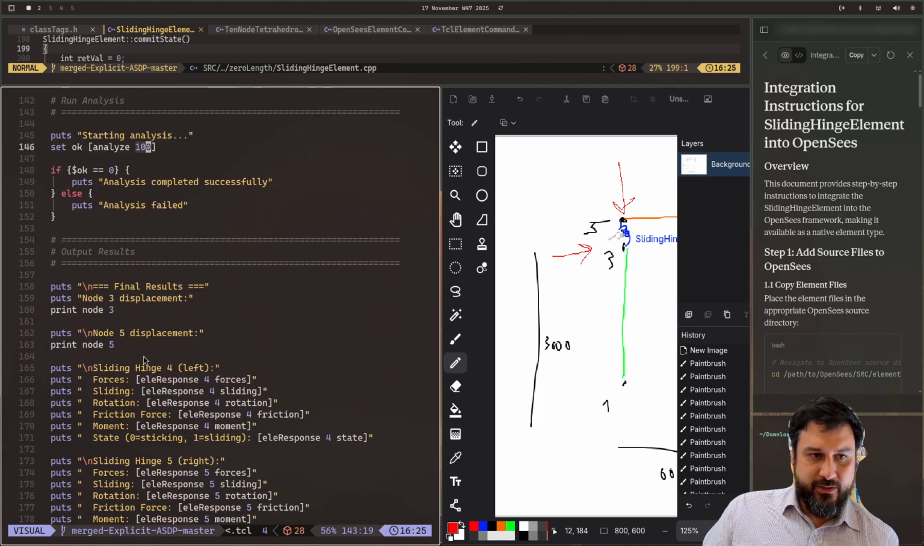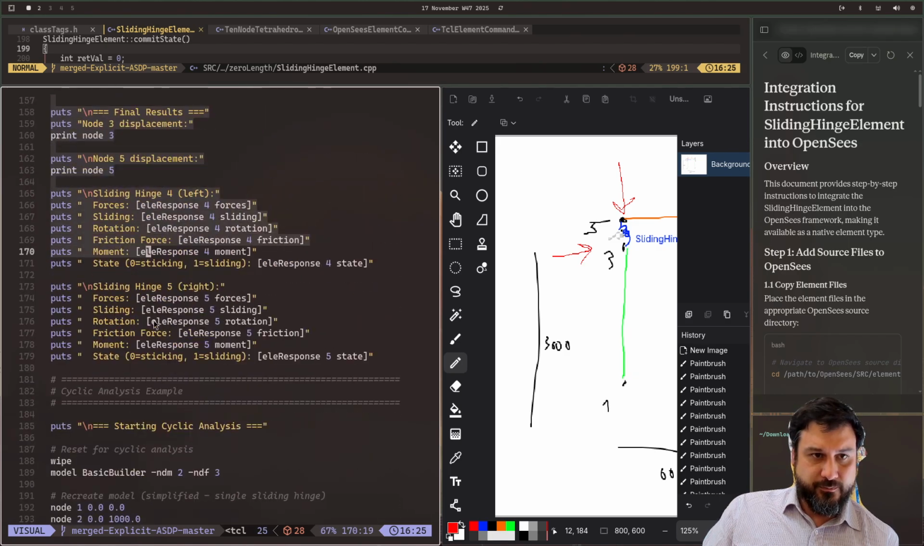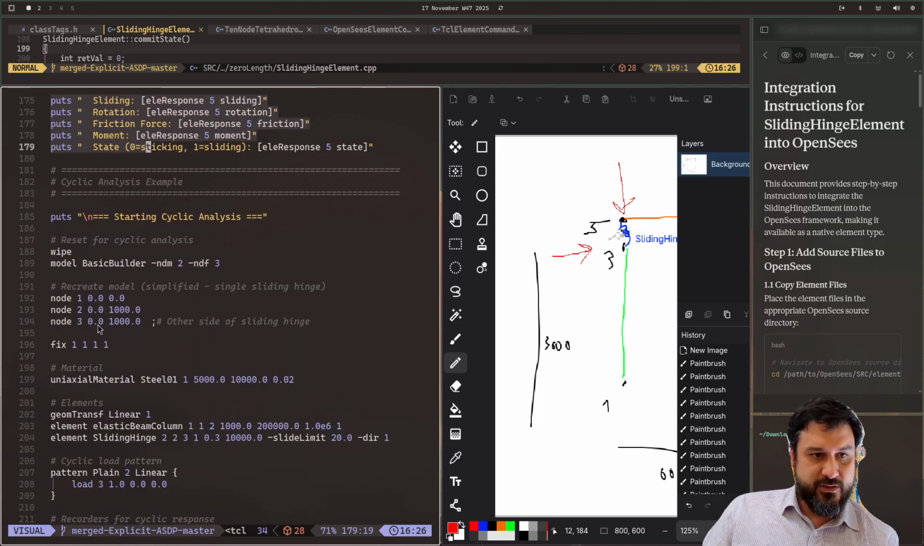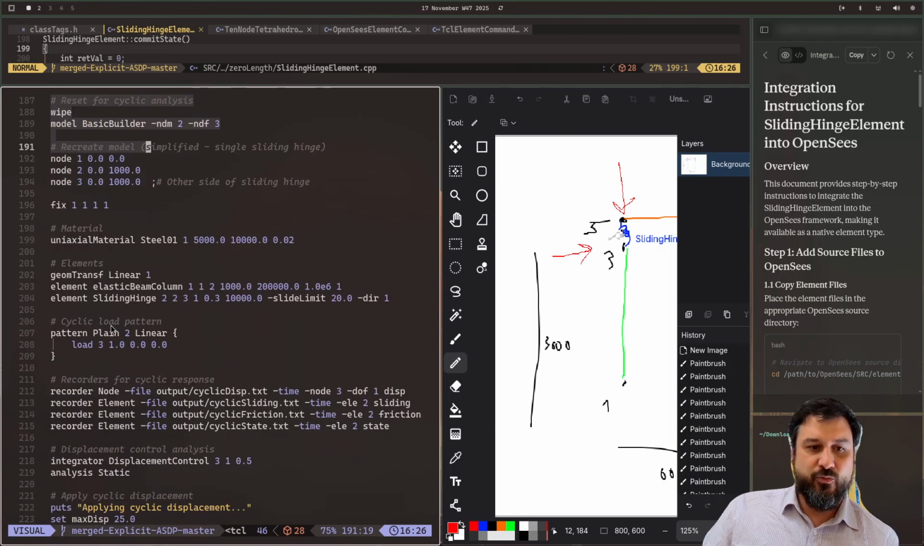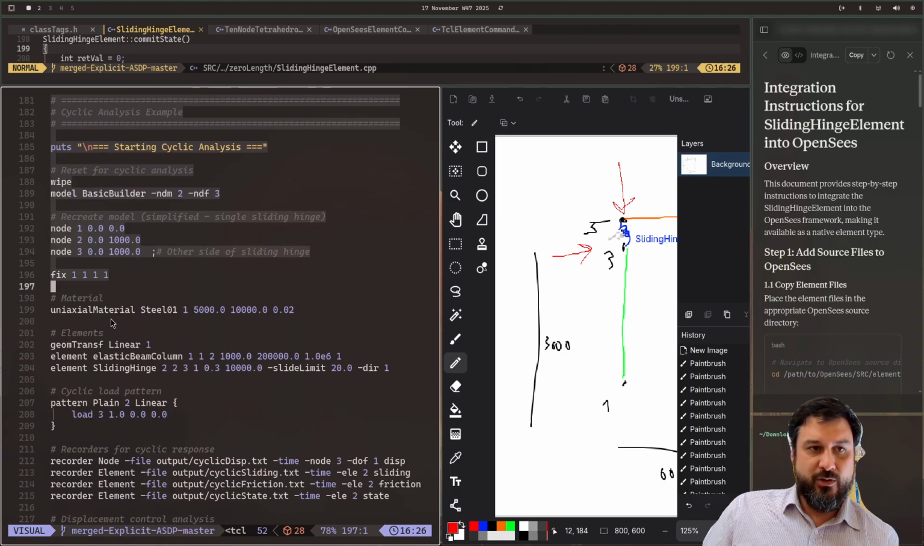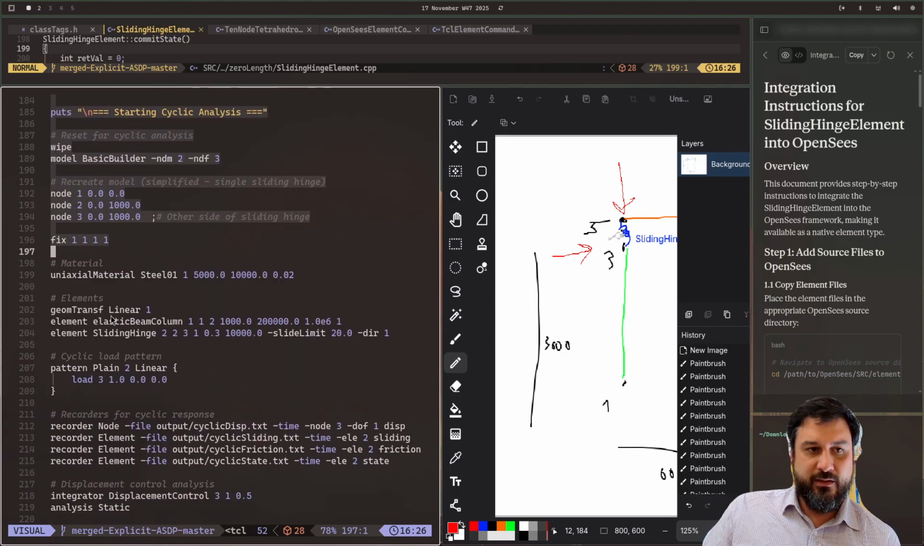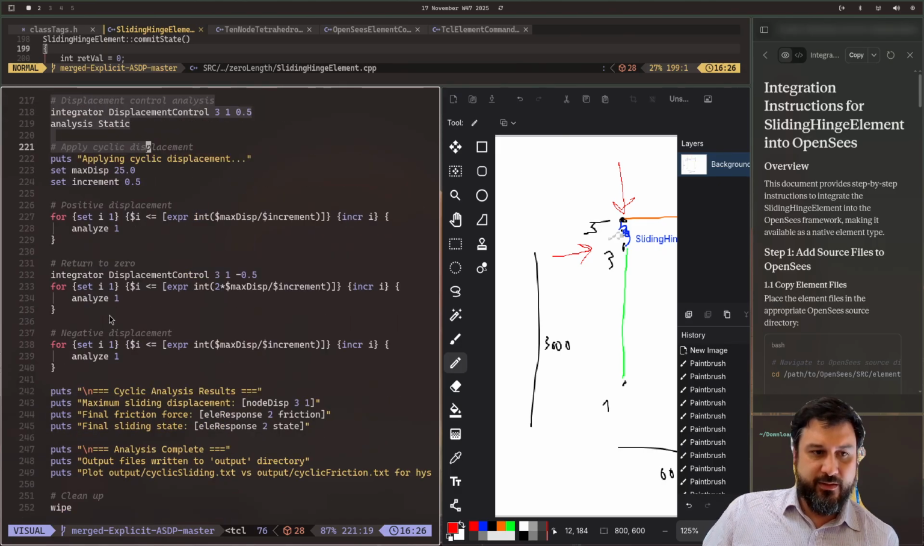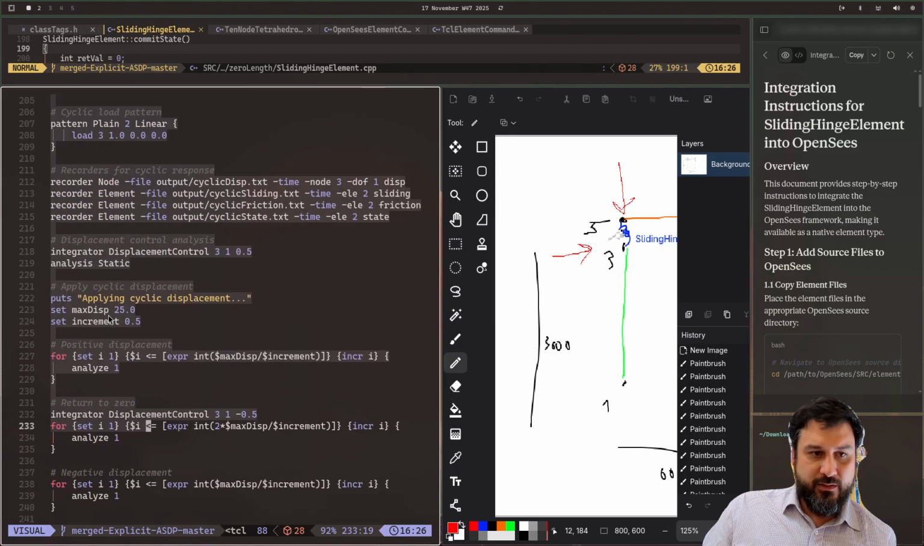So let's go down here, setting up analysis. Cyclic analysis. So it's adding other side of sliding interface, recreate model. Oh, so it's recreating the model. So I wonder if the static part works, then the cyclic part might not work. So it recreates everything. And now what it does,